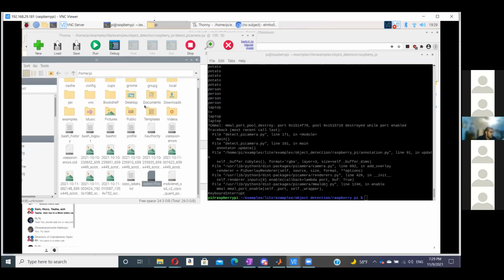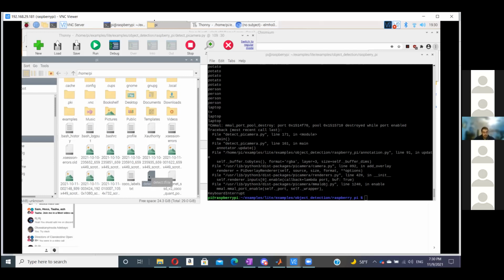But when you're making a model, not on the Raspberry Pi, you can make the model on, let's say, a computer using TensorFlow, and then upload that to your Raspberry Pi, and then use that model with the labels to define what the objects are based on the certain characteristics that they have.